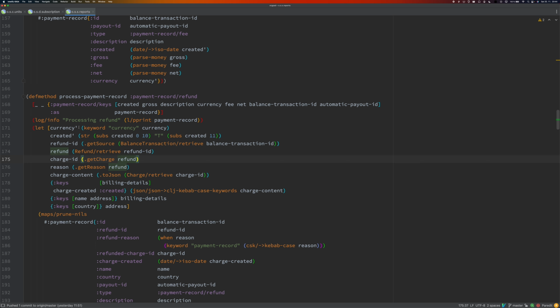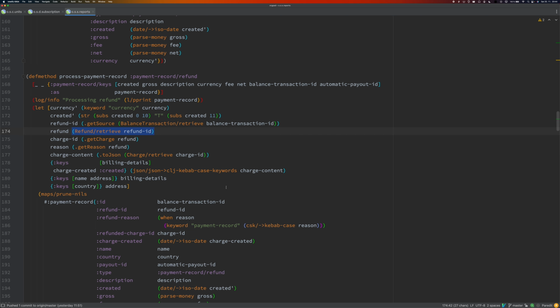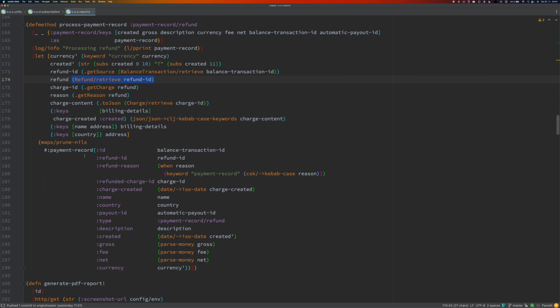So I played a little bit using the REPL with the Stripe API, as we have seen before, using the real data, and I found that there is this refund object, and there is the reason and charge, and I can also find the customer ID, and from that I was able to fill this information here and add a new table.